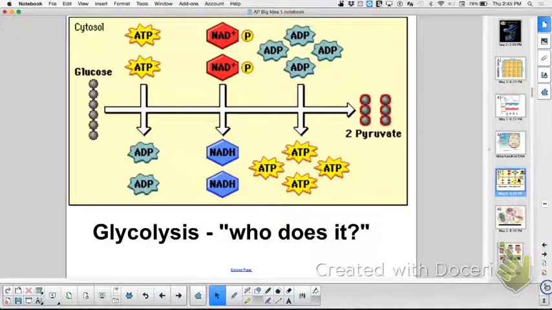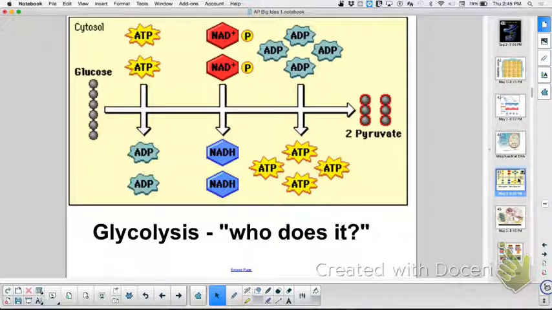So the concern is that in the process of glycolysis, we will make ATP, right? We will net out ATP. But we will also take the electrons that were in the glucose and transfer them to NAD, which means we're reducing that NAD. And we're going to run out of NAD. So we have to have a way to regenerate that. So there's a couple different strategies on how to regenerate it, right? What are those two strategies? Oldest, whose turn is it? Oldest, go. What are the two strategies you could do to regenerate that NAD?